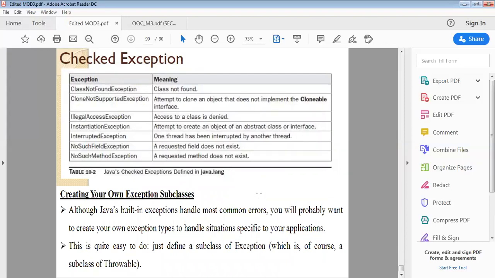Okay, so up to here is the exception concept. Very important concepts are nested try and multiple catch. Next you have seen throws, and the first topic, uncaught exceptions and exception handling basics. It's a very important chapter, so kindly go through it.